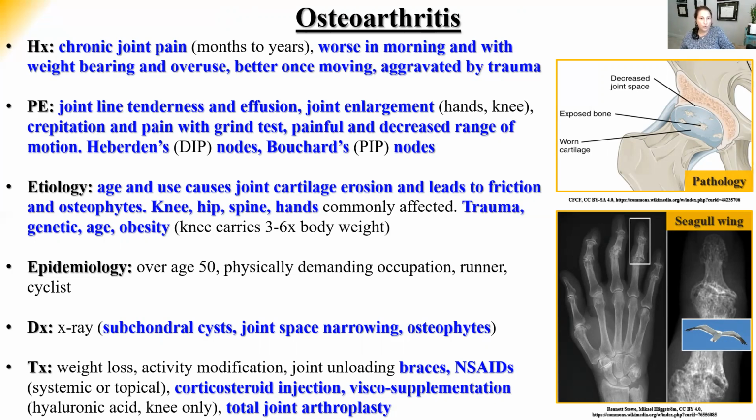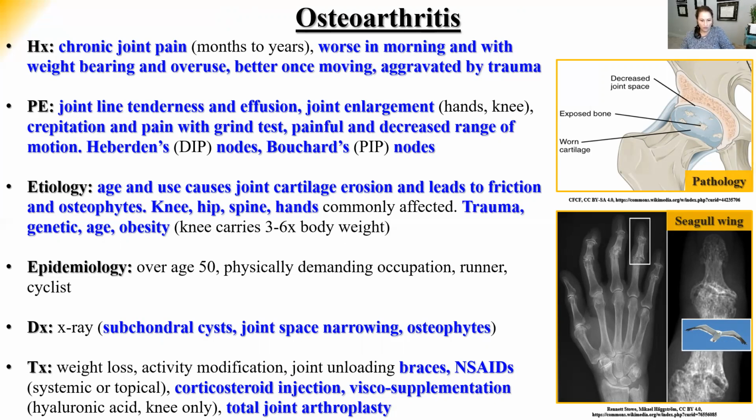Things that contribute to worsening of this: trauma, genetics, age, and obesity. Remember that with the knee joint, the knee carries 3 to 6 times the body weight. So the more obese the patient is, the worse their knee osteoarthritis typically is. With osteoarthritis, this is hard work and birthdays. So we don't usually see this until at least the 5th decade of life. But it really depends on what they did for a living. If they have a very physically demanding occupation, so people who work in construction, runners, cyclists are very hard on